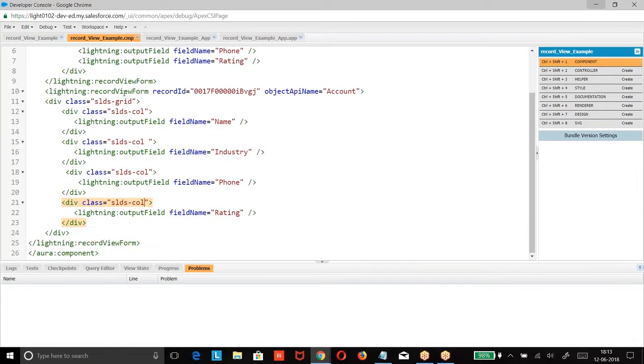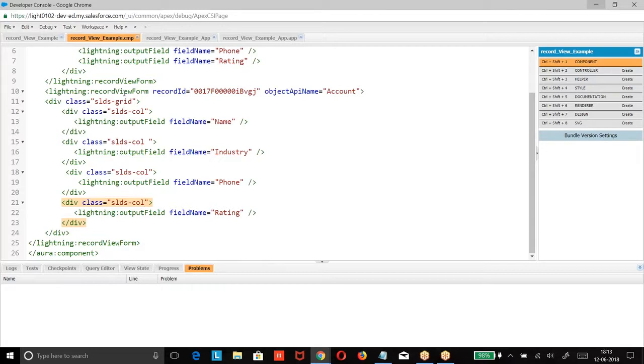Okay. Now, what was this record view form, where we are mentioning the ID of the record and going for the record API name? Here, if you want to pass the ID dynamically, it's your choice. Whether you take it from an application, from has record ID, or you get the ID from the controller. When you click on a button, go to the controller, write a query, get the ID, display the data. So how you pass your ID is your choice. But if you pass the ID of the record, you are going to get it. Are you clear about it?